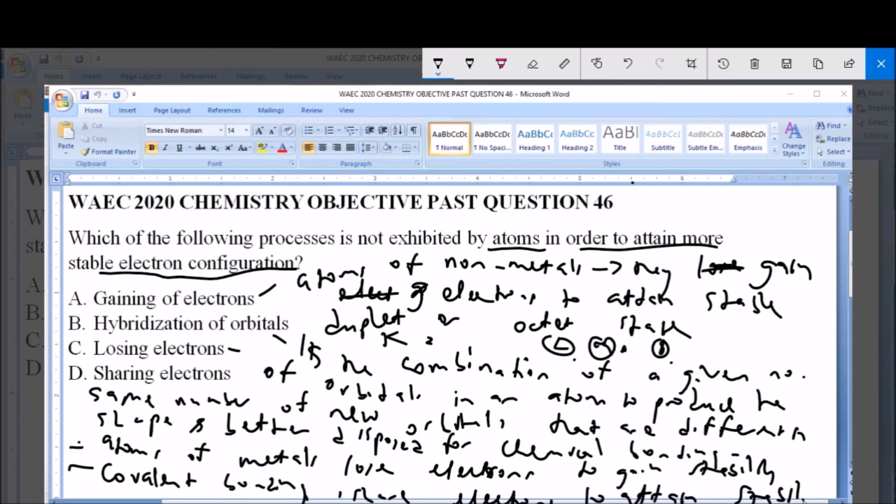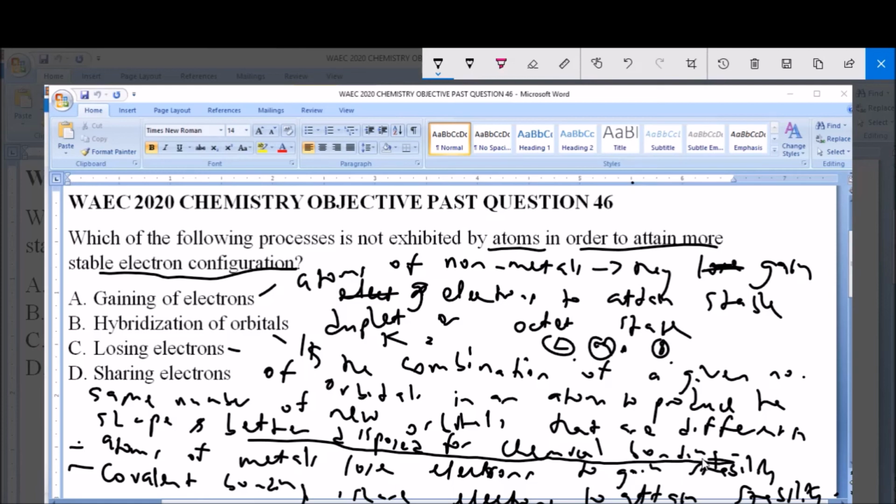stability. So what we are seeing is that options A, C, and D are done for the purpose of attaining stable configuration or attaining stability. But option B, which is hybridization of orbitals, is not done for the purpose of attaining electron configuration stability. It is done just to make the atoms better disposed, or in better shape and form